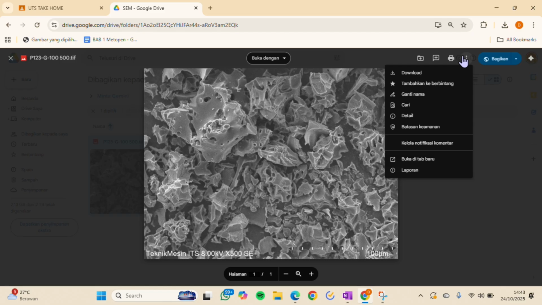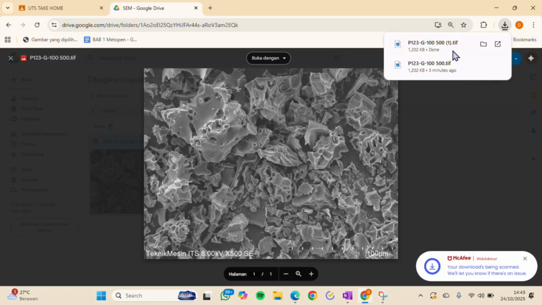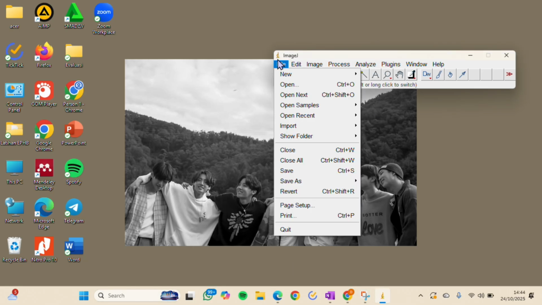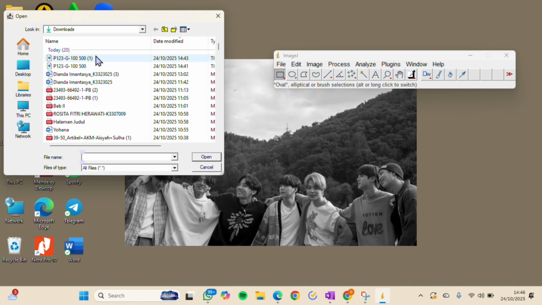Okay, first is to get the same image and download it. Make sure the image is 8-bit. Okay, then open ImageJ, click file and click open and upload the image.